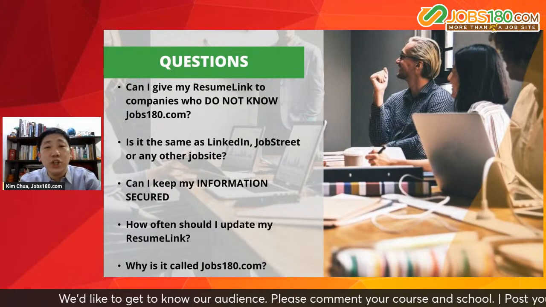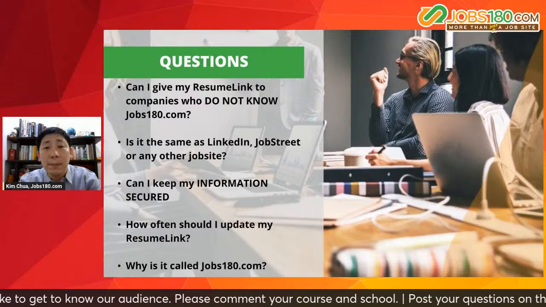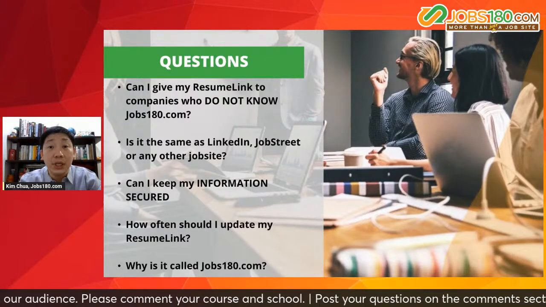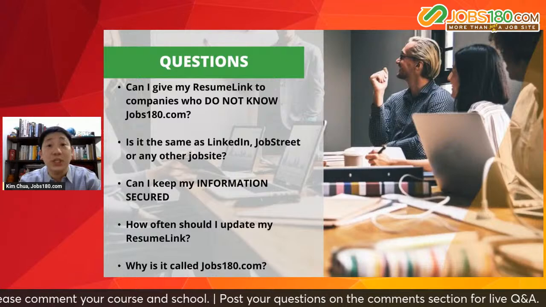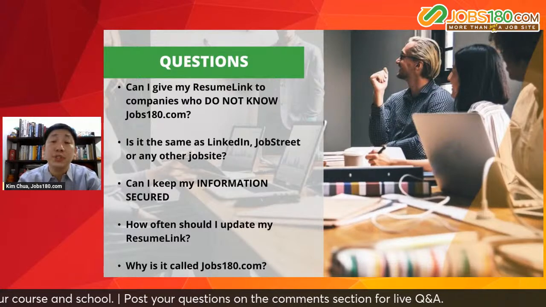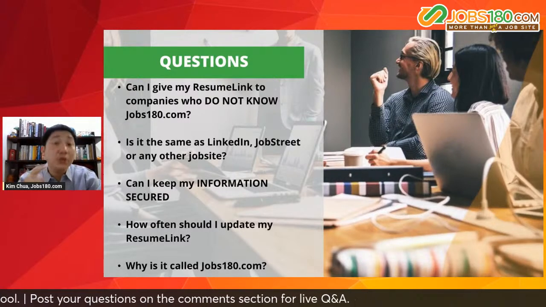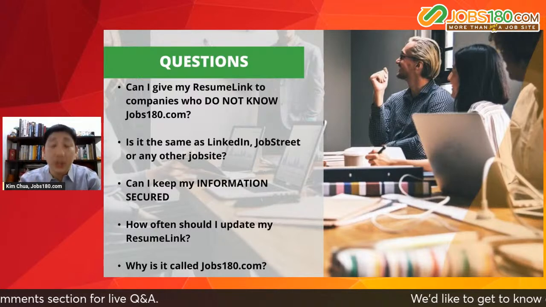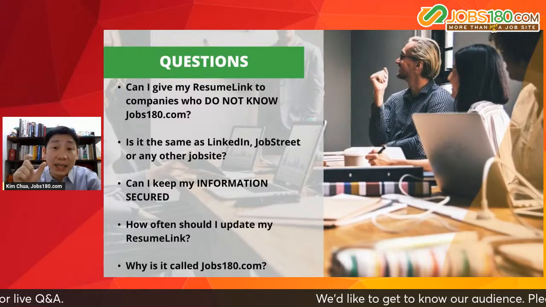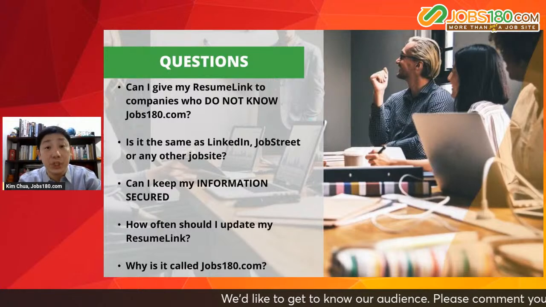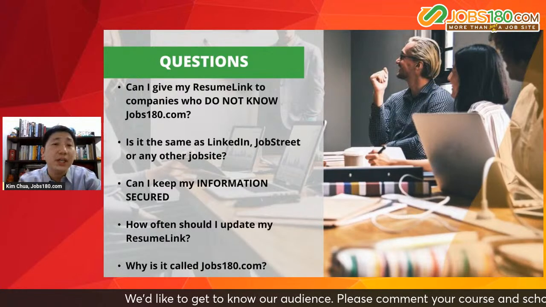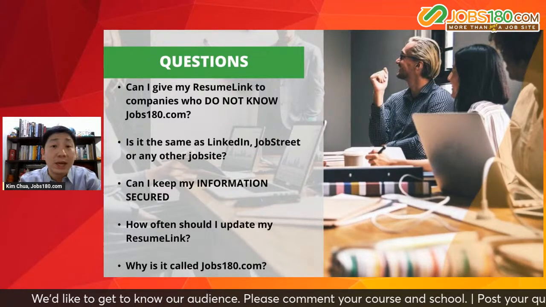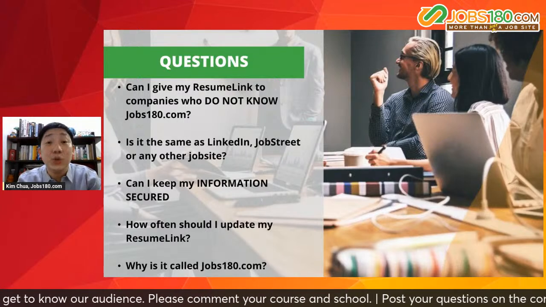If you're using a JobStreet resume, you can only apply to companies who are using JobStreet. If you're applying to a company who is not using JobStreet, you cannot use your JobStreet resume anymore. Using your resume link, you can apply to any company here or outside of the country, for as long as they know your exact link. They can simply type it in the browser, Google Chrome, Firefox, Android, Safari, whatever they're using, laptop, smartphone, tablet, they can see your profile according to your privacy